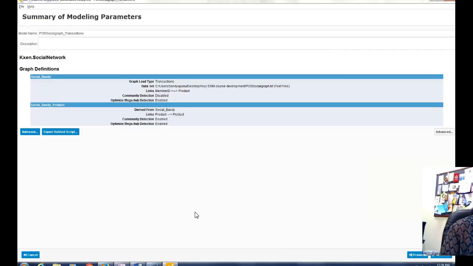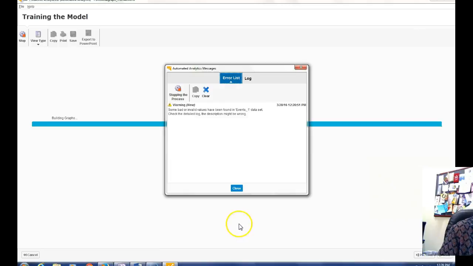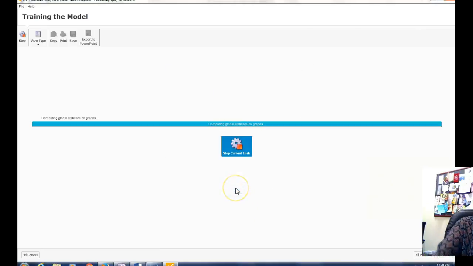Okay. At this point you can see that the graph type is transaction, dataset is given, we are linking member ID and product, and so it shows us the summary of the parameters, and then we just click on generate. Just close this.